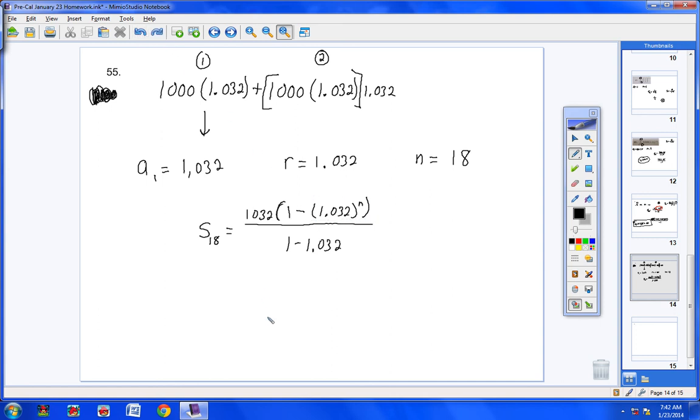So I'm going to bring down the 1,032, put a parentheses, and very quickly now type into my calculator 1 minus, then close my parentheses, 1.032, close my parentheses, raise that to the 18th power. And I'm going to round, but it's negative 0.76292799012, all over, hold on one second, 1 minus 1.032 would give you a negative